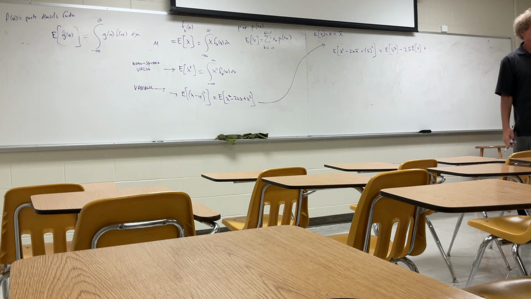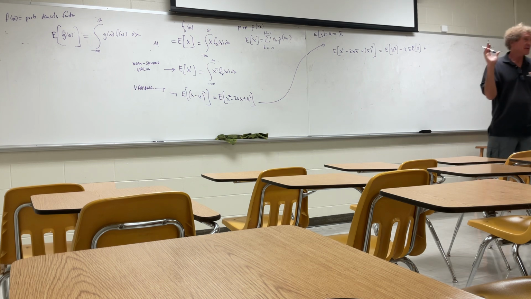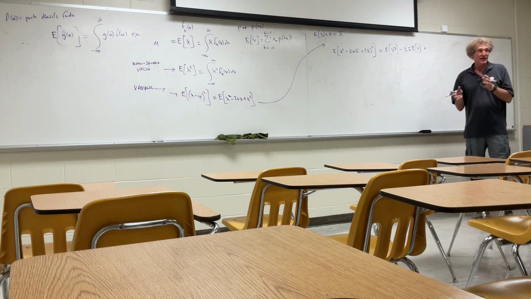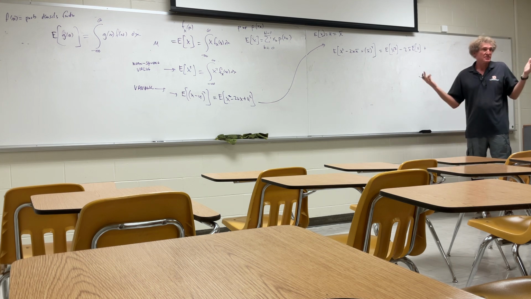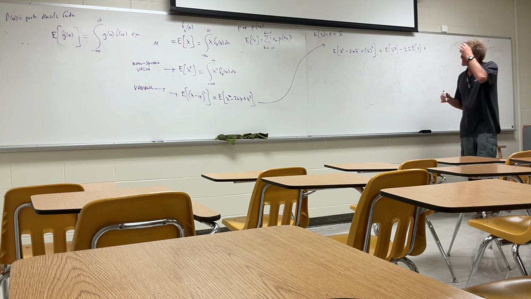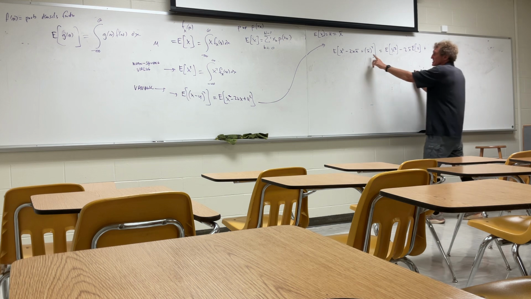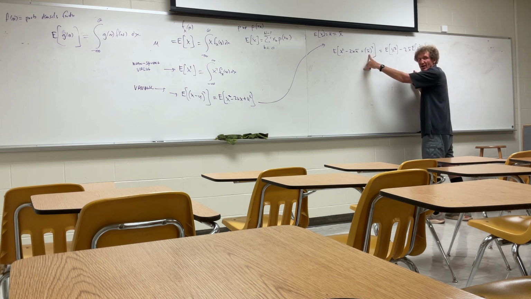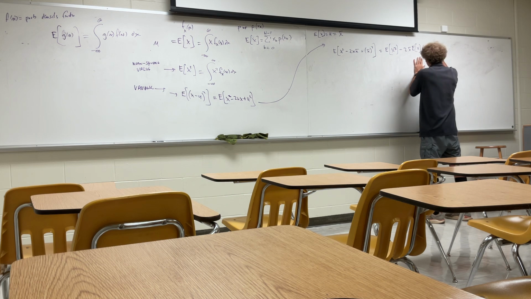The expected value of A is A. Expected value of P is P. Follow me? If it's a constant, any constant, doesn't matter if it's imaginary, if it's real, the expected value of any constant is the constant. It's the only possible value that there is. So if you look at this, this is a constant, right? X bar is a singular value. It's a constant. So that is just plus x bar squared. Do you agree with this, class?